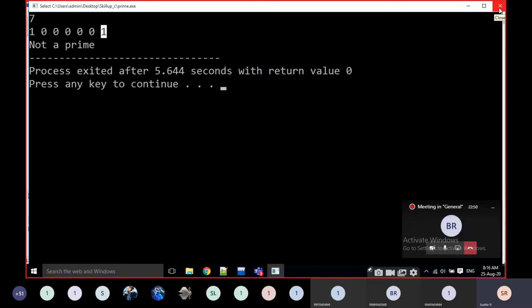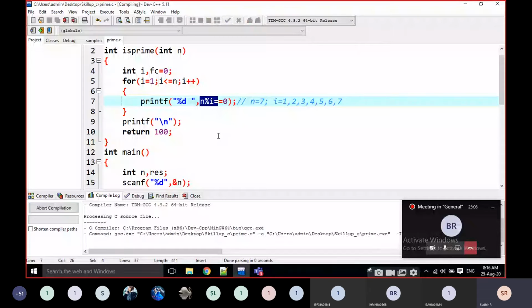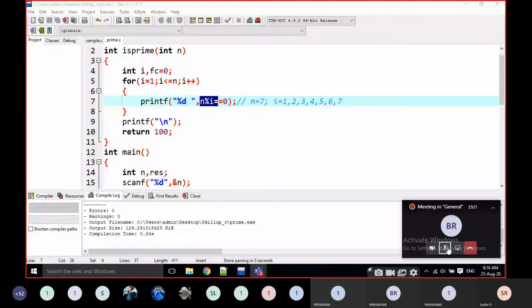We have to count how many ones are there, because here I am checking whether n is exactly divisible by i or not. Yes, it is exactly divisible, so it returns 1 here. For 100, it prints 1, 2, 3, 4, 5, 6, 7, 8, 9 ones. I think I forgot to count one zero in the last example.